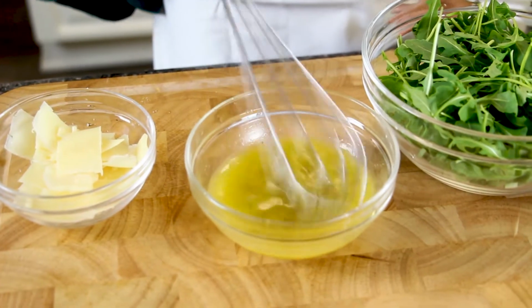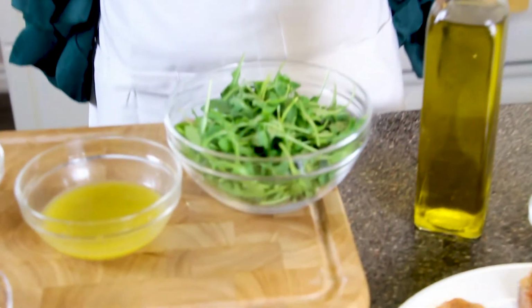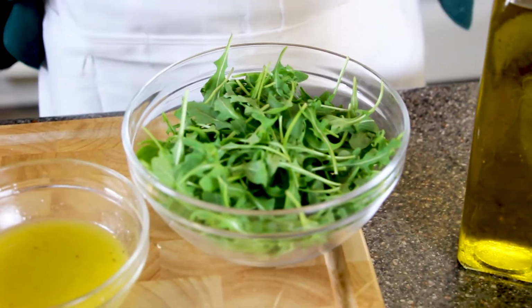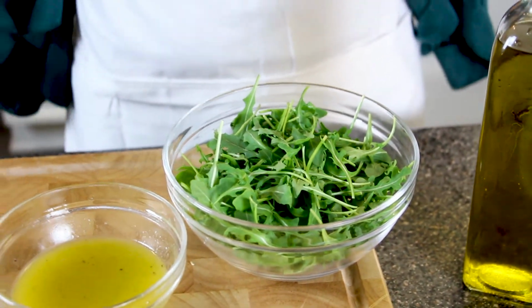Okay, our vinaigrette is about finished, and you want to taste it to see if it has enough salt or pepper to your taste. Everyone's different. So, arugula. Arugula has a peppery, bold flavor, more than green leaf, spinach, or the darker greens. Arugula has the strongest flavor, but it's so good, and it also has a lot